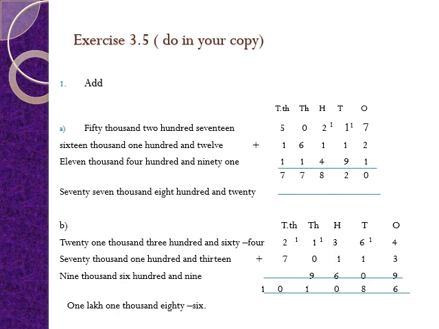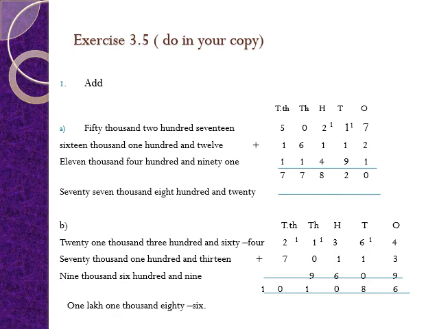Now we will come to the ones place. 7 plus 2 plus 1 is 10. 0 carried 1. In the tens place we get 1 plus 1 plus 9 plus 1, 12. 2 carried 1. Hundreds place: 2 plus 1 plus 4 plus 1, 8. Thousands place: 6 plus 1, 7. Ten thousands place: 5 plus 1 plus 1, that is 7. So the answer is 77,820. You have to write it in words.